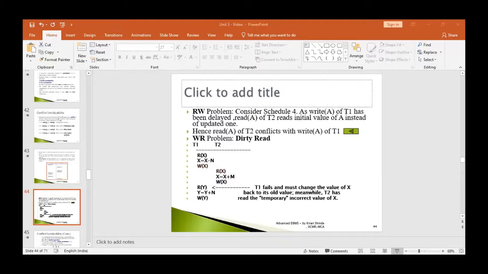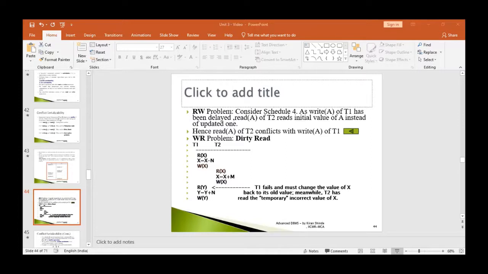Fine. But still, there are some instructions to be compared. WZ, we have reached up to WX, and RZ, there is no problem because the data items are different. So we are done with RZ. So let's color it just to understand that these instructions are over. Continue further in the sequence. WZ RY, no conflict.